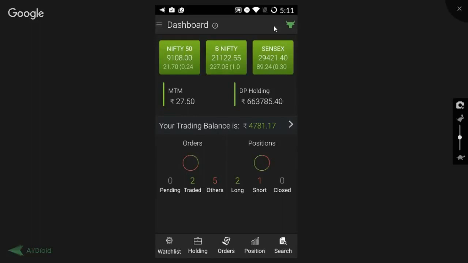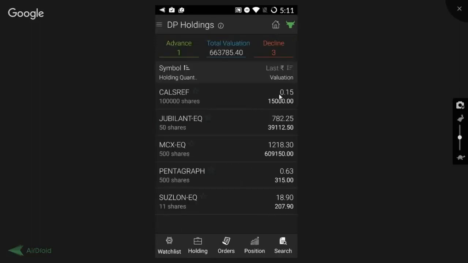The next question is by Mr. Vinod. Is there a portfolio feature wherein one can see the scripts they hold along with the detail like the purchase price, current market price, and the profit and loss in terms of percentage? Mr. Vinod, you can view your portfolio from the DP holdings given over here, but you won't see the buy price exactly. To know about the buy price, you have to visit your back office. Here you will get to know the buy average price, and that would be accordingly with respect to yesterday's closing price. So to know more about your purchase price, you have to visit the back office.